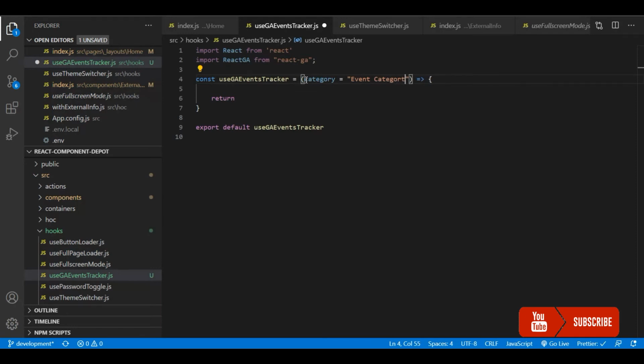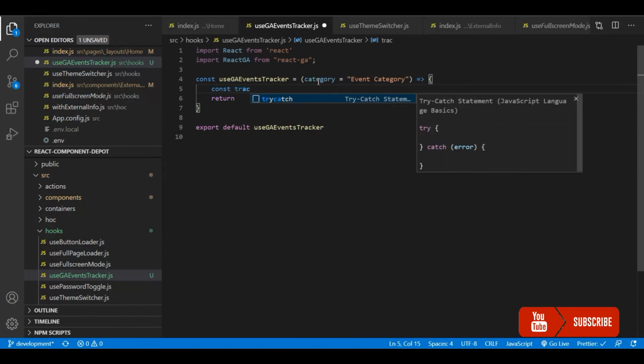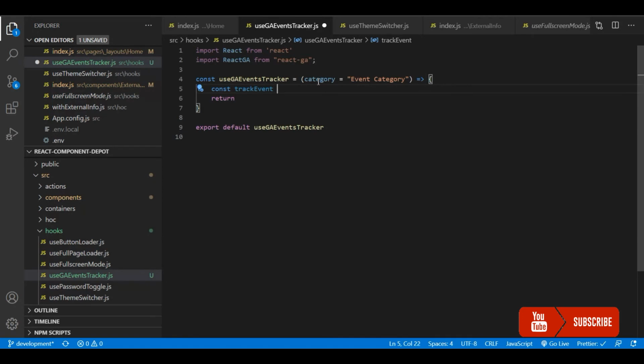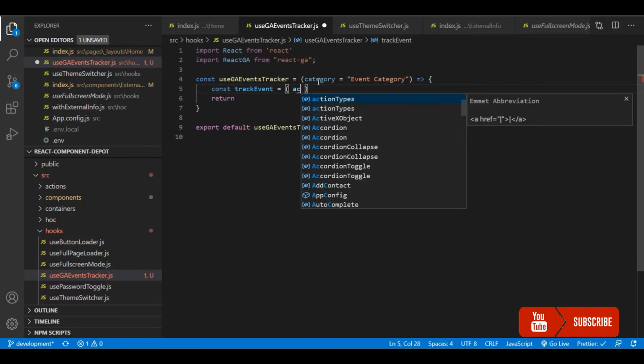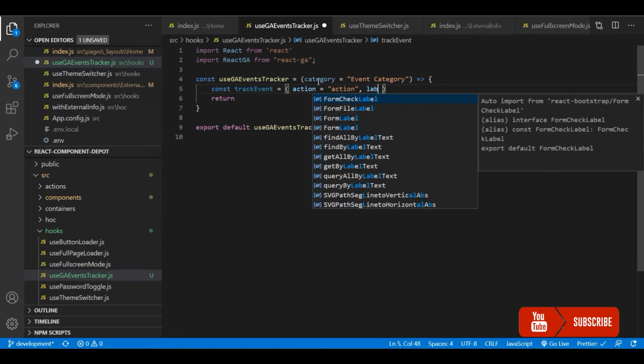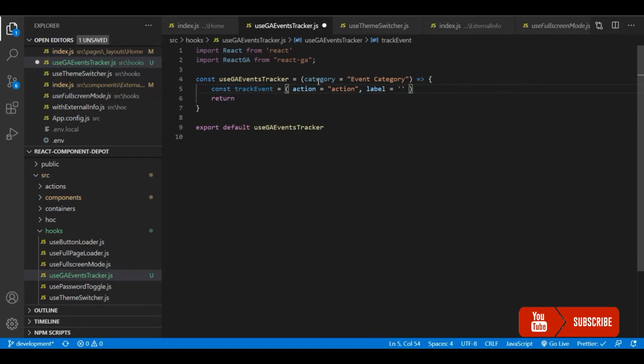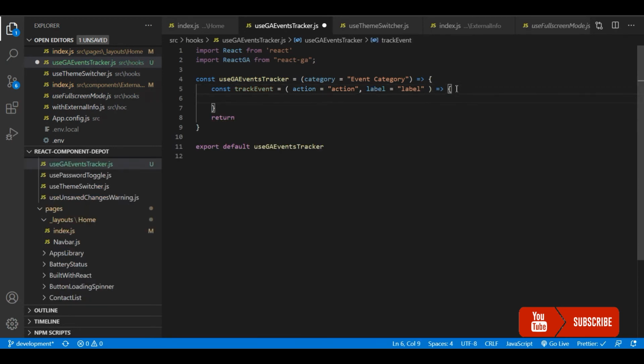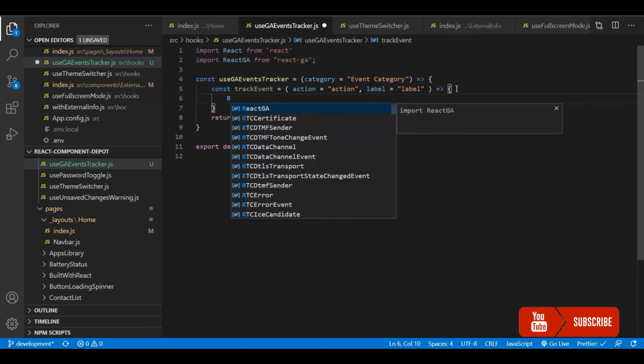So that initialization should be done only one time. So this accepts the event category. You can set whatever category you want, and the label you want, and the action you want. So for the default, I'm going to have it as an event category. So throughout my application, I can change this category and I can pass the action and other things. It has a trackEvent function, which accepts two parameters: one is action and the second one is label. And we will use all these three and send all three to Google Analytics. And we'll be able to see these values in our dashboard. I will show it in a few minutes.